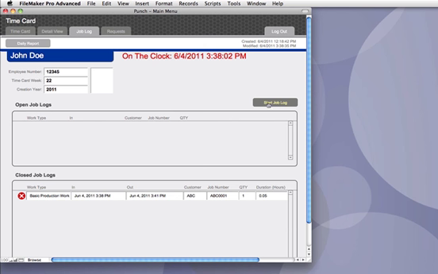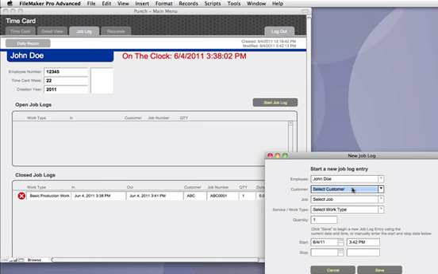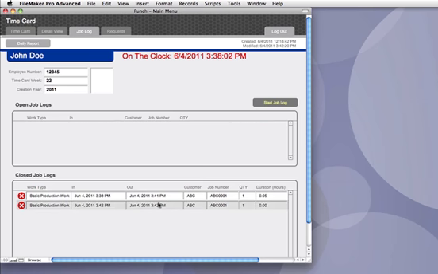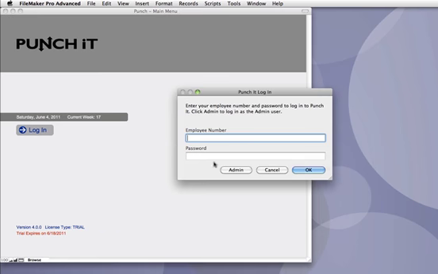I'm going to go ahead and just open and close another job log. That way I've got a couple of records in the system. Okay, so I'm going to open a new one. Since I only have one customer, I'm going to go ahead and choose that same customer and the same options. Okay, and then I'm going to start it, and then I'm going to stop it. Okay, and there's my job log. Now, when the employee logs out, all that information is saved, and then when you log in as the admin user,